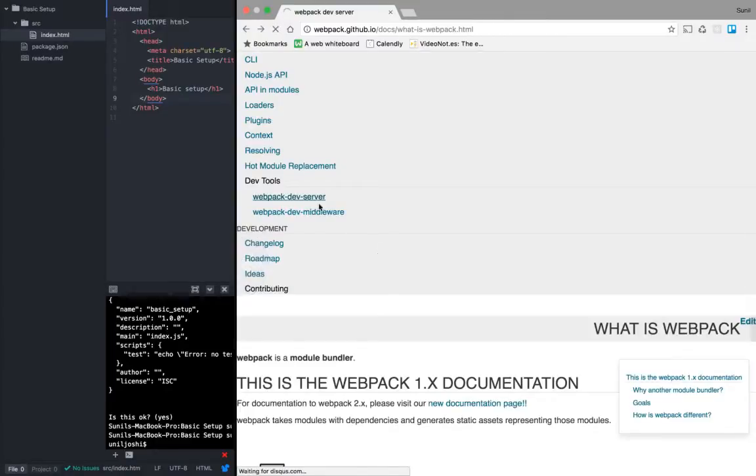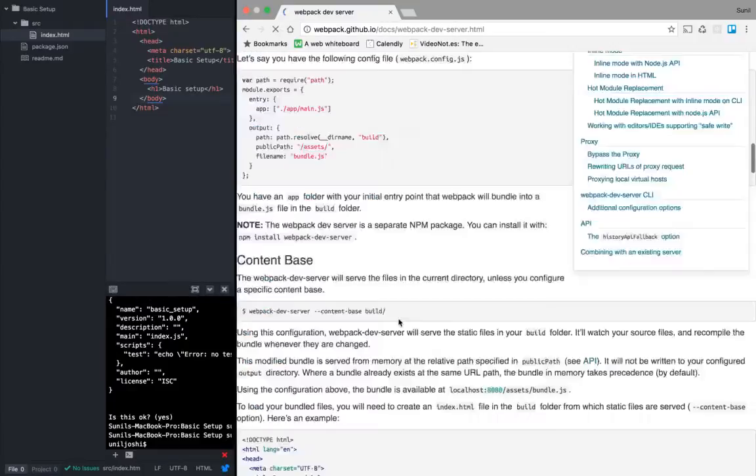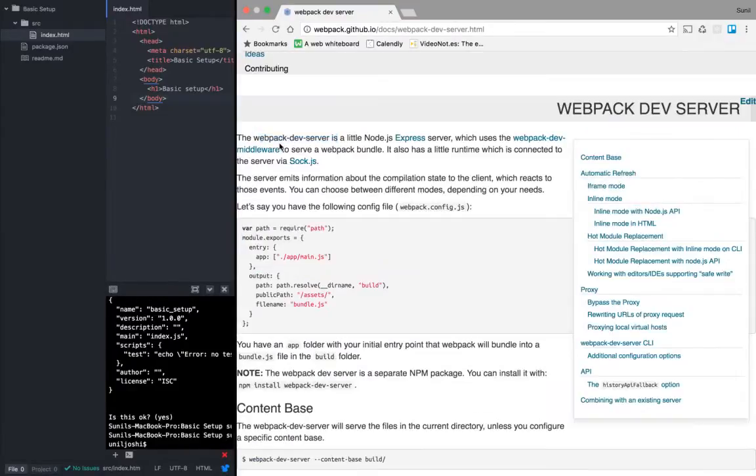So let me take you there. The Webpack dev server, right? This is what we're going to have in our project. What we really want is that the Webpack dev server is a little node server, an express server, which uses the Webpack middleware and so on.